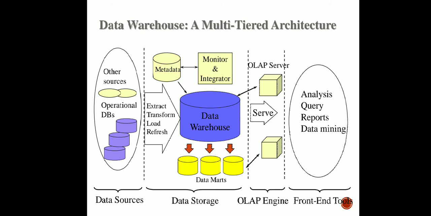Now, what are data marts doing? A particular data mart can hold a particular type of data, so there can be n number of data marts. Based on the subject of each data mart, it is going to hold that kind of data.